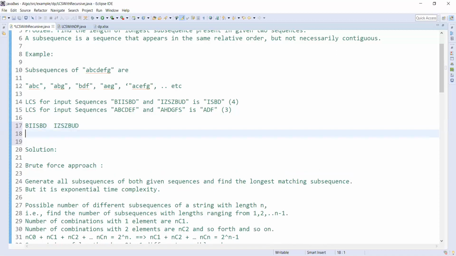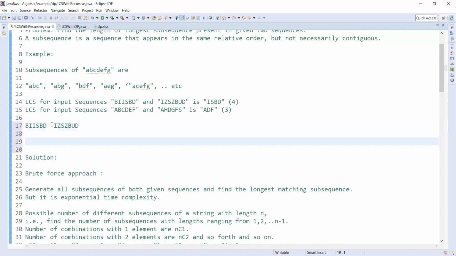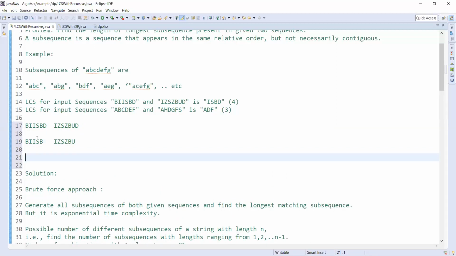The assumption is I already calculated. I'm comparing this D and D, so they are the same. So what I simply do is take BIISB and IZSGBU.